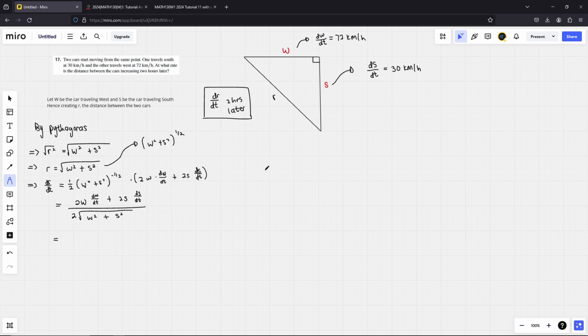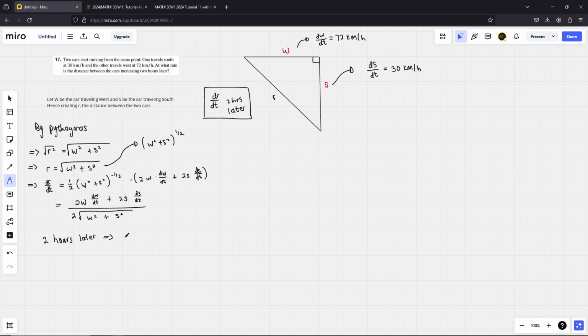Now they tell me that they want it 2 hours later. Okay, and I know that the car traveling west is going 72 every hour, and the car traveling south is going 30 every hour. So I can say, 2 hours later